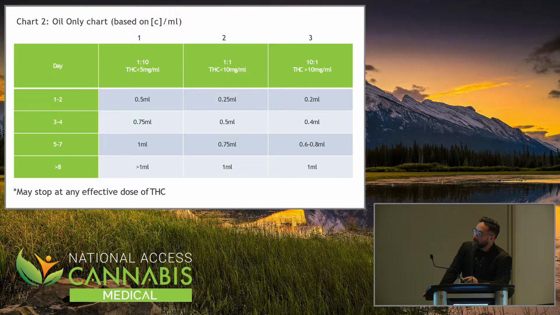So, day 1, day 2. You can start them at 0.5 ml with this. Usually it's for somebody who has a high CBD strain, starting at half an ml. You may think that's high, but it's not, because this one is really the one that's super high. And that's per dose. And again, you can divide, and when we go to the next thing, we'll tell you how to do it. So this is your high CBD strain. The high CBD stuff, you can start them at 0.5, day 1, day 2, day 3, day 4. Just read the thing. It's pretty straightforward.